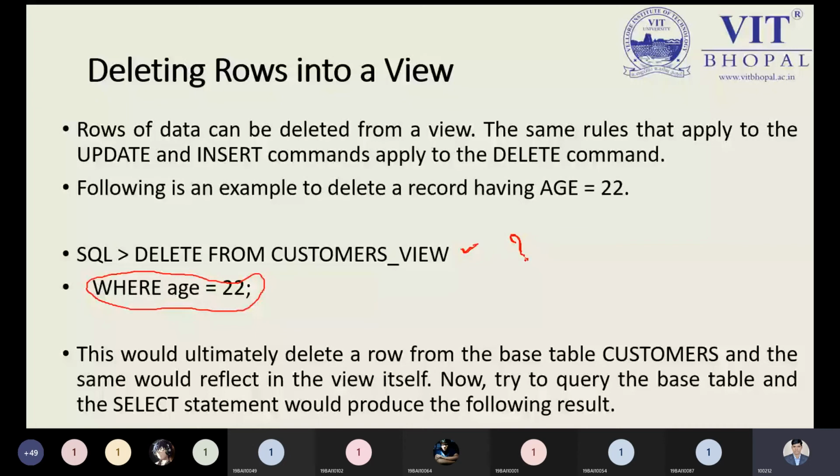If you're not using a condition, then all the tuples, or we can say rows, will be deleted. This is the point you need to keep in mind.